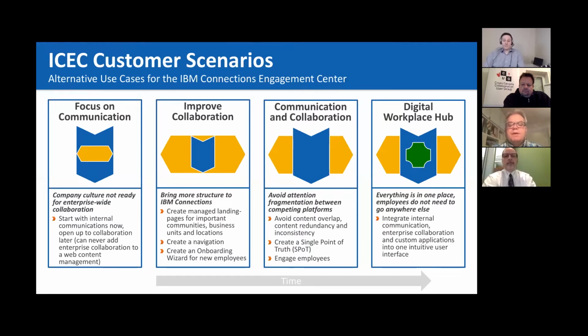What we have experienced is that over time, these companies usually grow to the kind of companies that weigh communication and collaboration with IBM Connections and ICEC equally. ThyssenKrupp, for example, has now got like 300 communities with ICEC landing pages, and they've started to link these ICEC